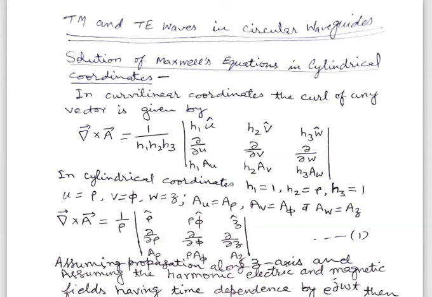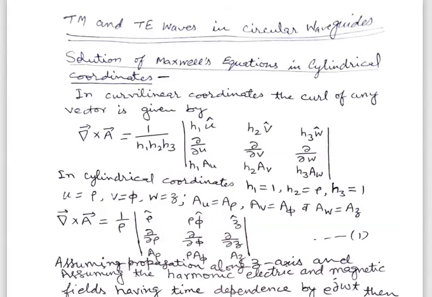Namaskar. For the paper of microwave electronics in the chapter of waveguides, today we discuss transverse magnetic and transverse electric waves in circular or cylindrical waveguides. In our previous lecture, we have discussed the transverse magnetic and transverse electric waves in rectangular waveguides. Now for the circular waveguides,